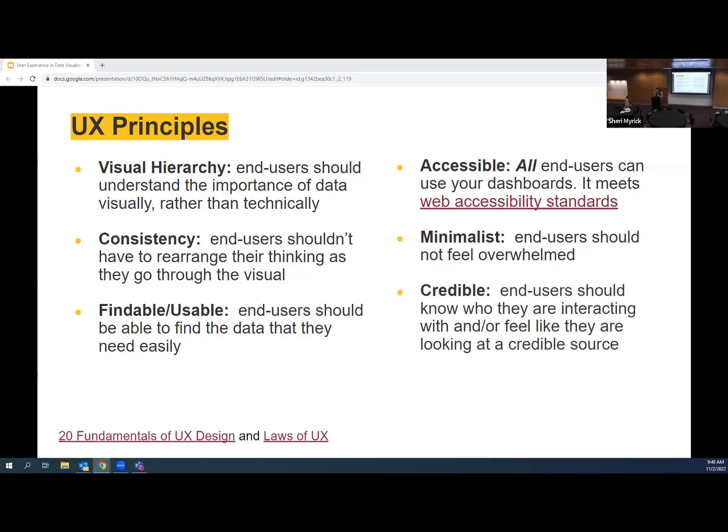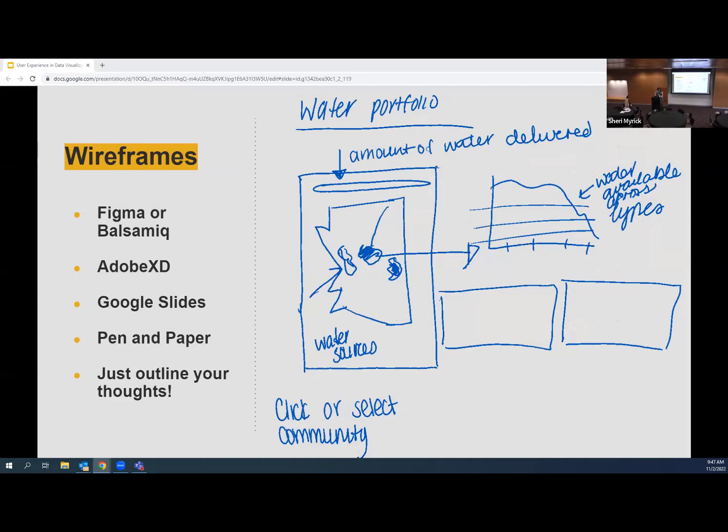And credible. Especially in this age of misinformation, credibility is very important. Chances are, if someone's going to send a screenshot, you want to have your logo. You want to have ASU's colors. You want to have your brand's colors. So that said,